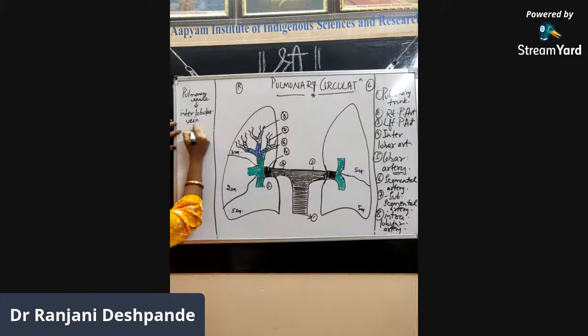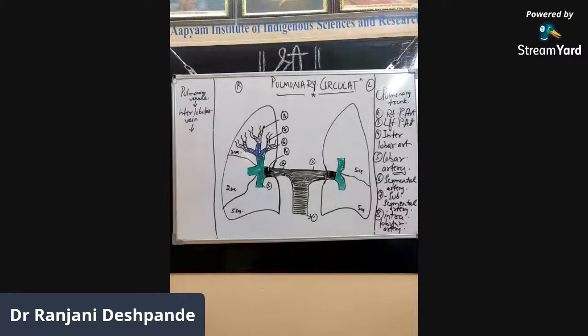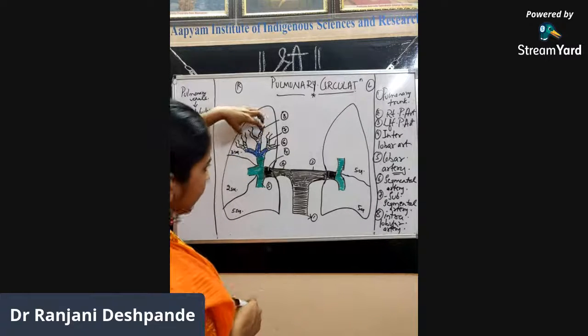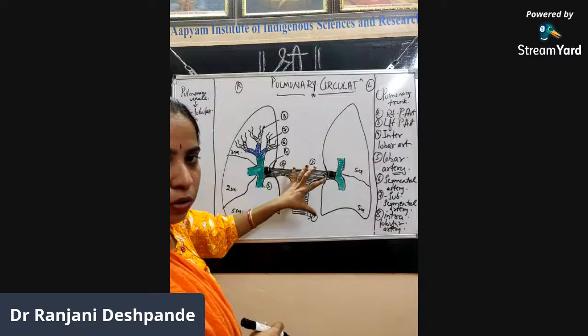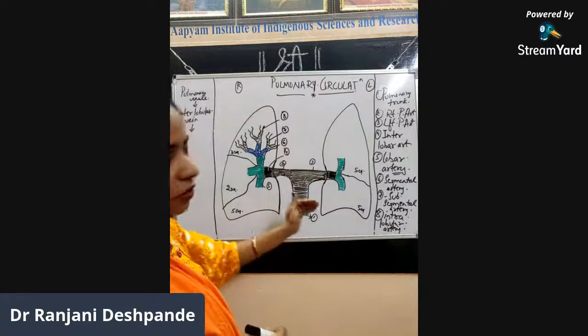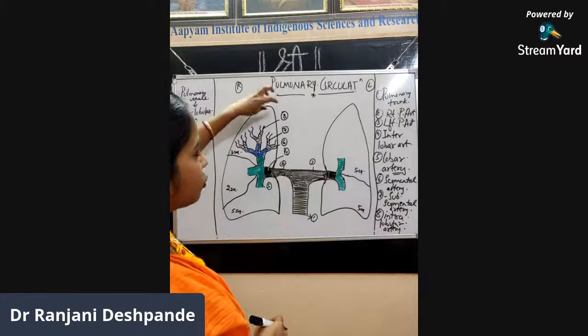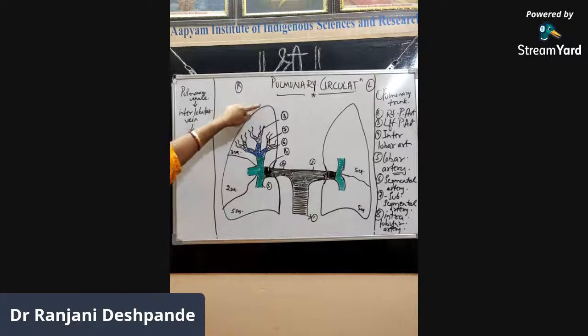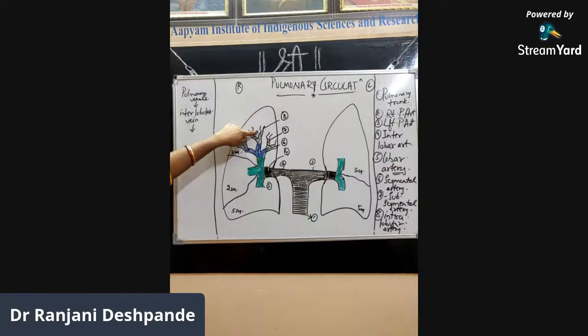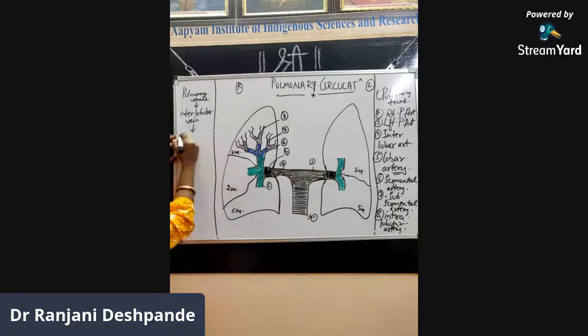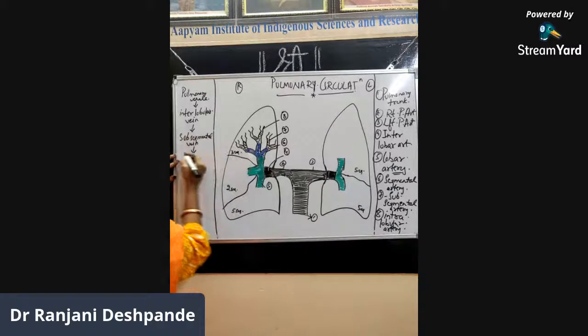Okay, so from the interlobular vein, where will it go? The same pattern the venous drainage will also form. So we are coming in the reverse now. So from the microscopic, we have the pulmonary venule that is draining to the interlobular vein. So from the interlobular vein, it will drain to what? These are called subsegmental. So that will drain back to the subsegmental vein. That will again drain back to